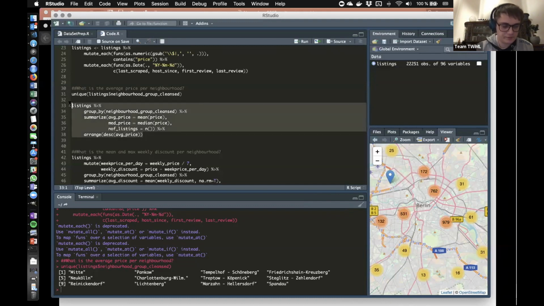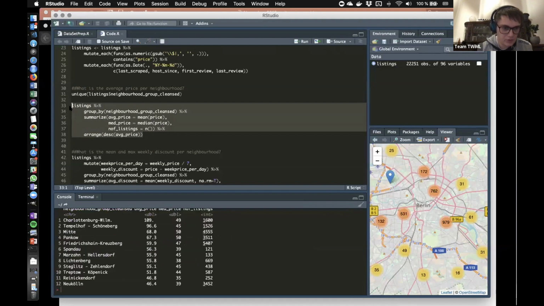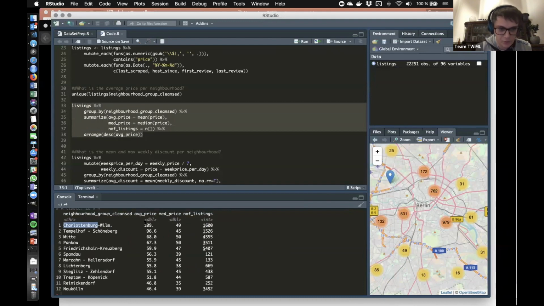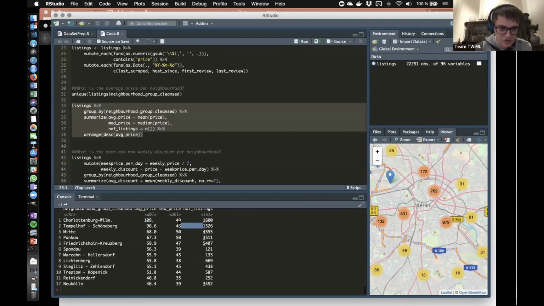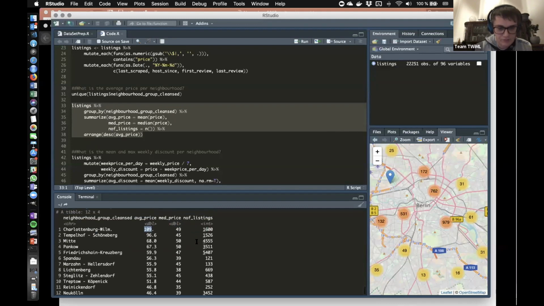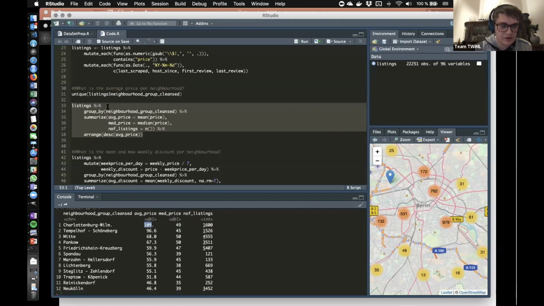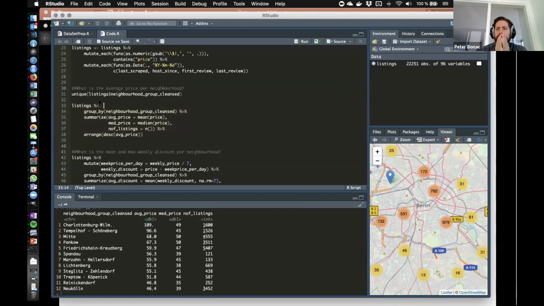So, and when we plot this or print this, we will see, okay, Charlottenburg seems to be the most expensive one, but that's the average. So what we can see here is we have a pretty high average here, but the median is much lower. And that means that there are probably some single very expensive accommodations here. And yeah, so that's kind of a very easy way. So once you get used to this kind of piping and the way you write this pipeline, it's very easy to create this kind of